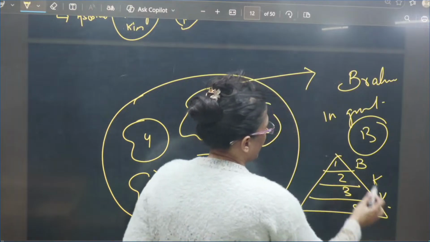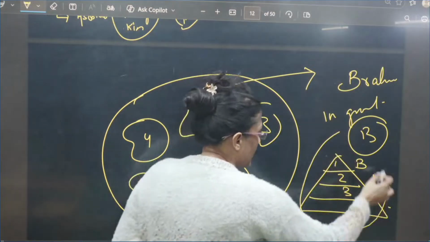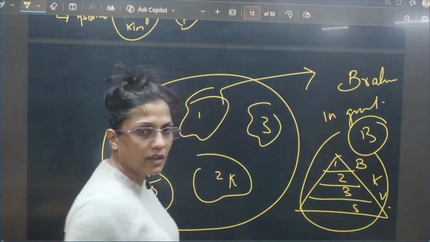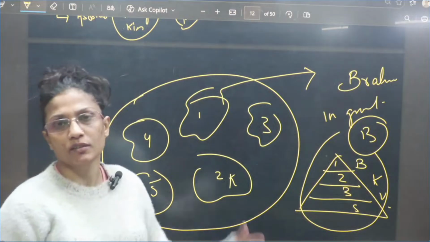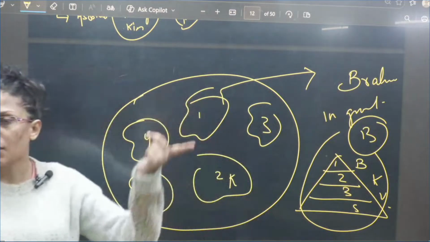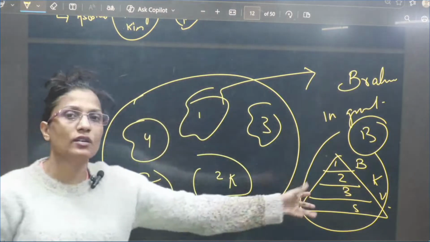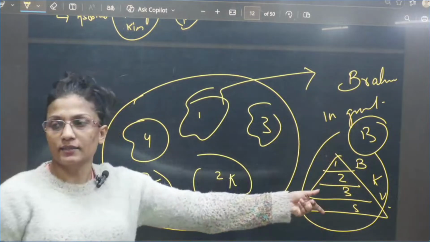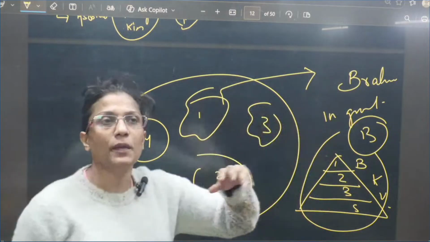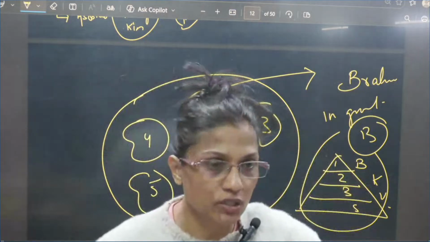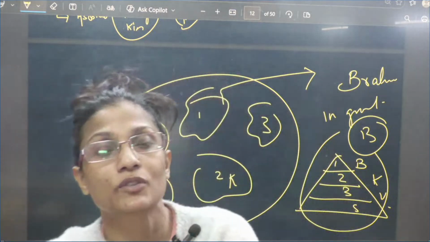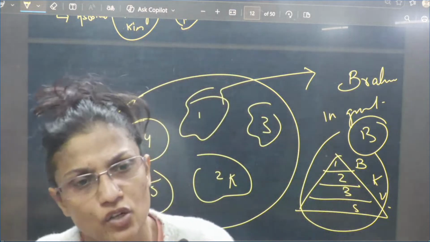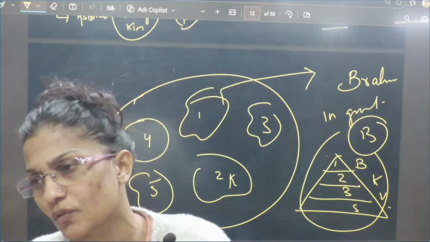So what I have done, I have stratified them. I have given them some position. Some are higher, some are lower, and there are others who are not in the caste system. So grouping people on some ideologies and then giving them some status. So social stratification in simple terms means divisions of society.